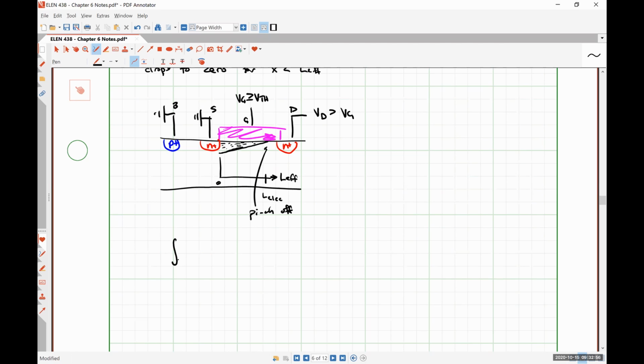From x equals 0 to our electric length, ID dx is equal to, when our voltage is 0, VGS minus VTH, mu E Cox W effective, (VGS minus Vx minus VTH) dV, which becomes